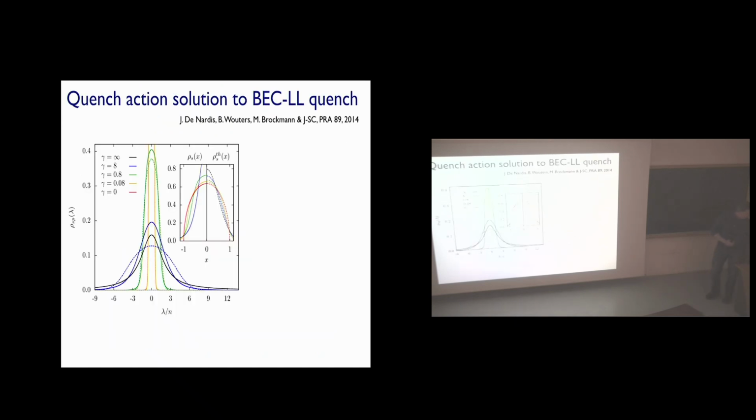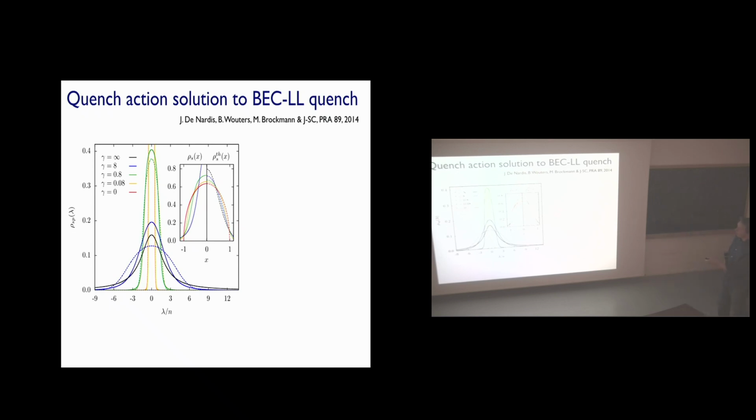But then the plots. So these are the distributions of rapidities that you have in the steady state as a function of the final interaction parameter. So when you start with a low value of the interaction parameter for the final Hamiltonian, then the distribution is still very peaked as the initial state was. But the higher you put the interaction, the more broad it becomes. Okay, so this is essentially the solution to the thing.